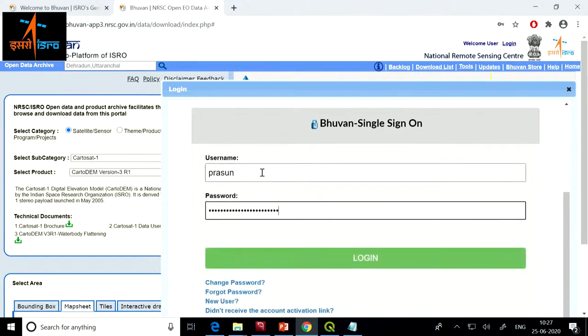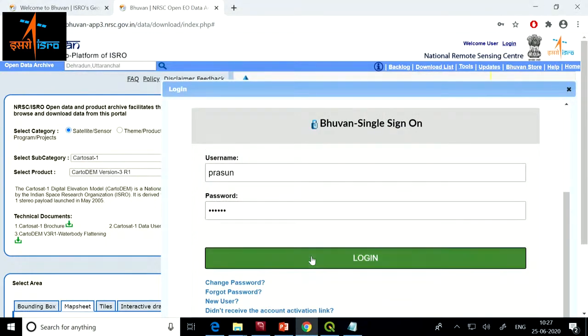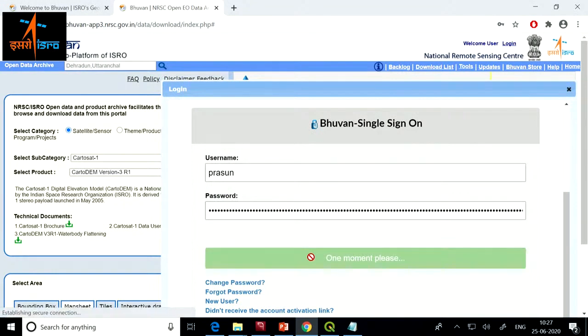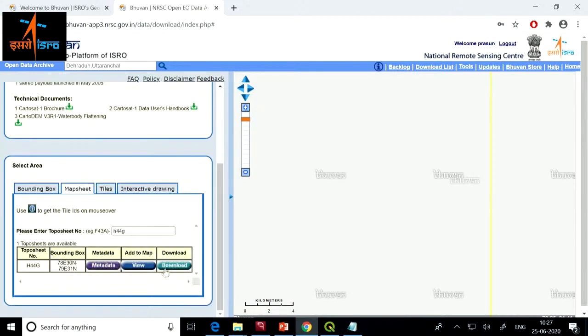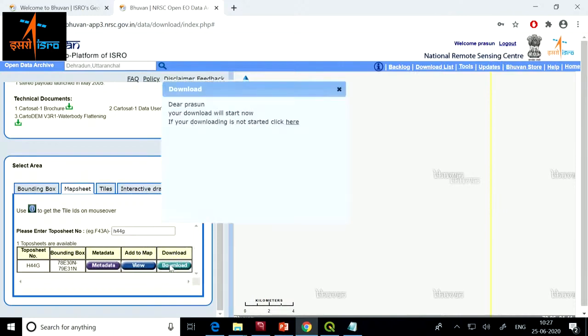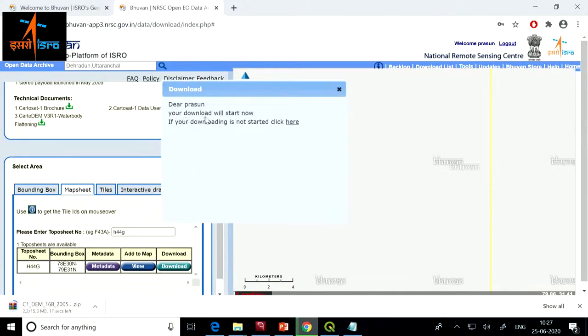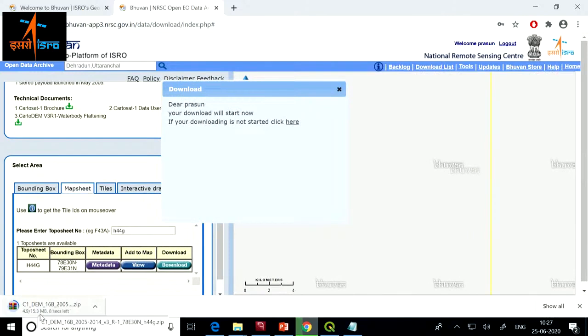I already have an account, so let me log in using that account. So it now says welcome Prasoon. That means I am logged in. And if I click on this download button, it says your image is downloading. So I'm showing you how you can download open data set from Bhuvan website.